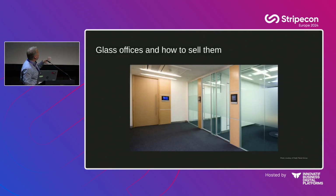In our client portfolio, we have a number of clients who work in what we call the built environment: office spaces, reception rooms, public buildings, this kind of thing. As a result, we deal with a lot of this kind of product. These are glass partitions, glass offices, modular systems that get installed. And we've got a couple of clients who